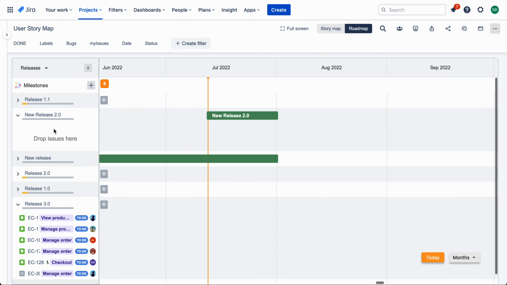Save. Now you can see the new release appear on the roadmap, and there are no tickets yet, and